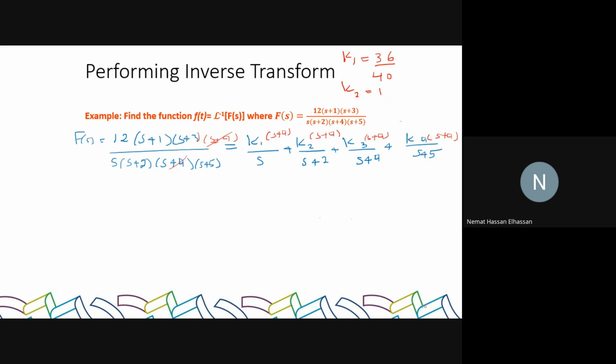These cancel each other out, these cancel each other out, and if S is equal to minus 4, this is 0, this is 0, this is 0. Which means that here we have only K3 left, and what do I have on the left side of the equation? 12 times